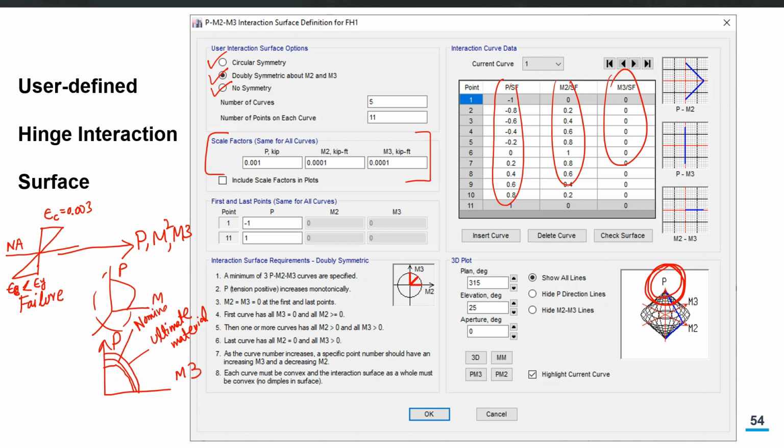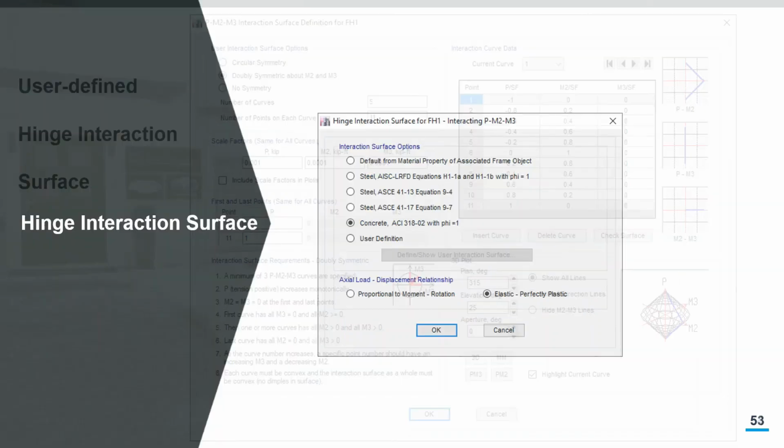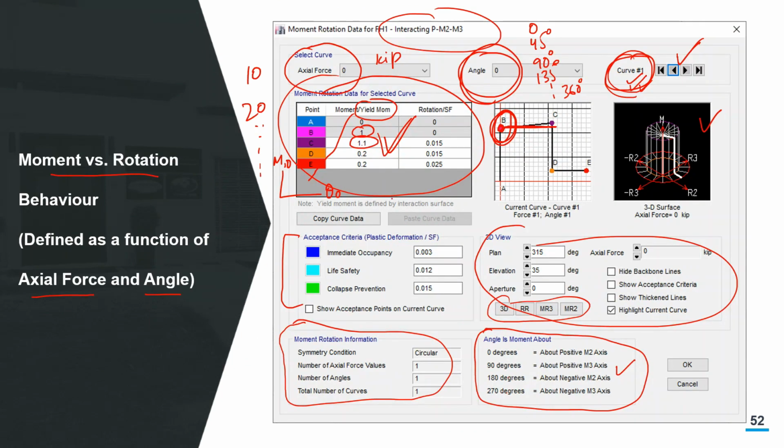So whatever material strength or whatever values you use, you know that already, and based on that you come up with your m theta curve. The shape of this curve or the yield moment, whatever you are saying, is in our hand.